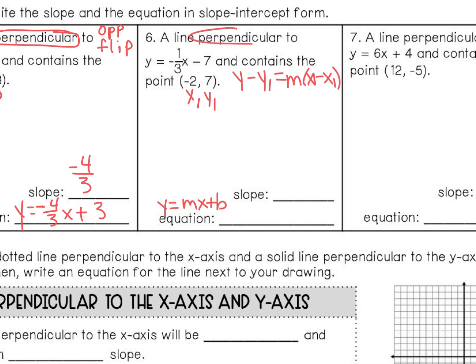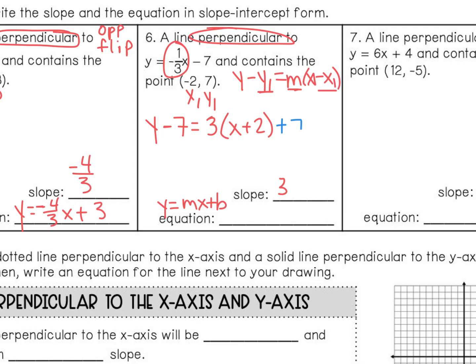So again, perpendicular. So look at your slope. It is currently negative 1/3. What does it become if we flip it with the opposite sign? Positive 3. So now we're going to plug our numbers in. y minus, what's my y1? 7 equals, what's my m? 3 times x minus, actually becomes a plus 2, because remember, when we put our coordinate in, we have to change the sign. Now what do